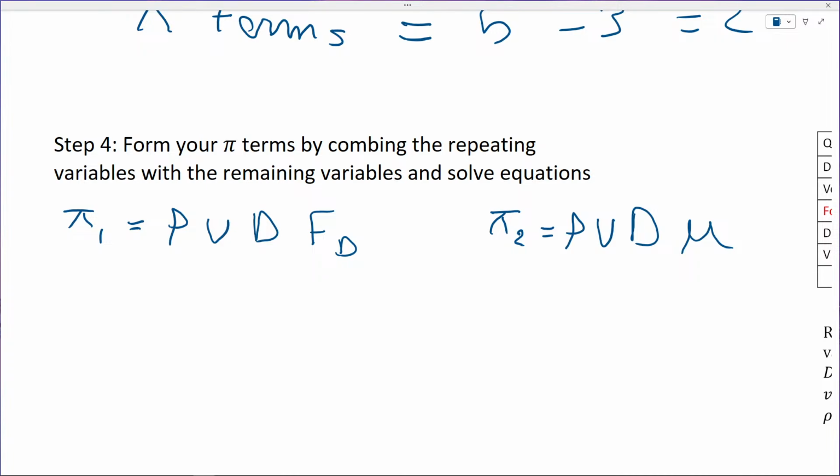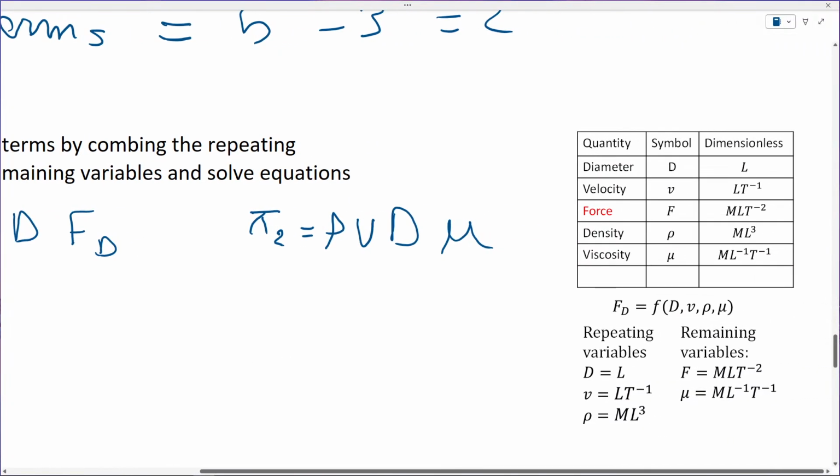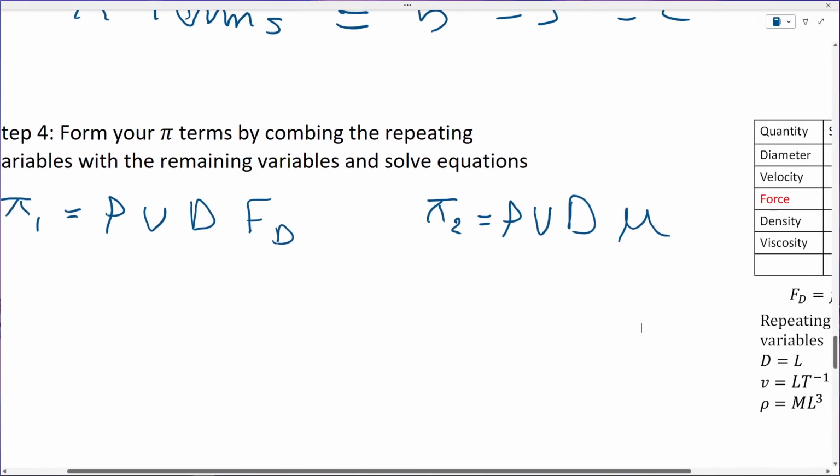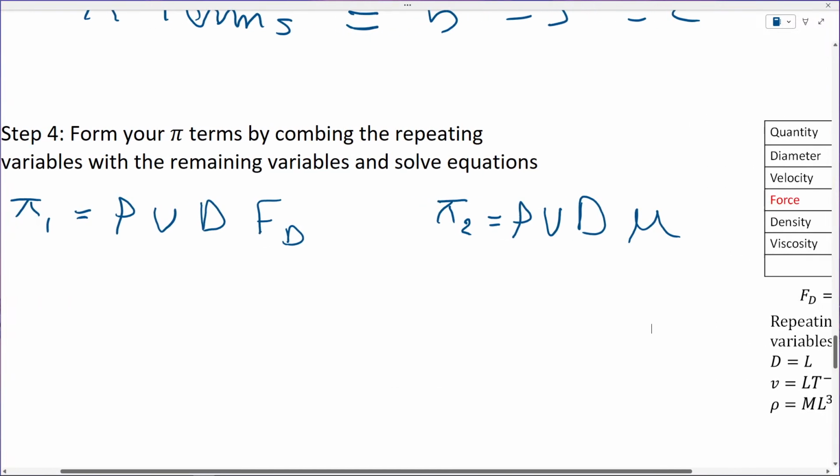Remember, what is the objective here? My objective is that I know I need to make this dimensionless, because that's all it is, a dimensionless parameter. So how could I make this dimensionless? Remember, from dimensional analysis, each of these has a certain dimension. So to make this dimensionless, I need to